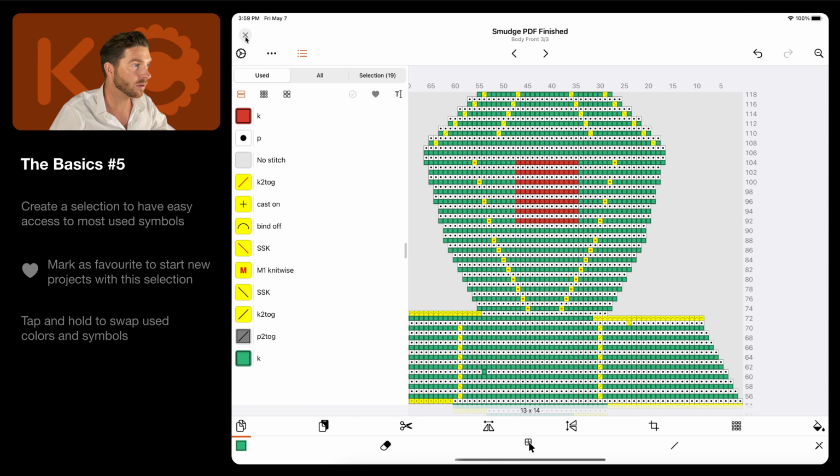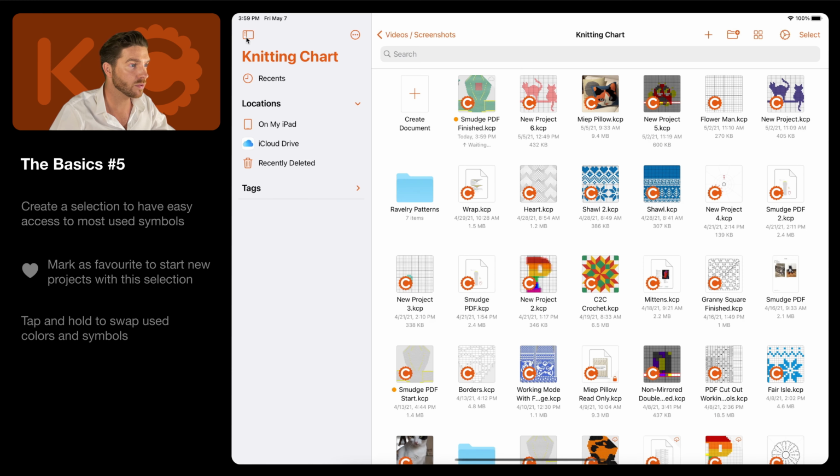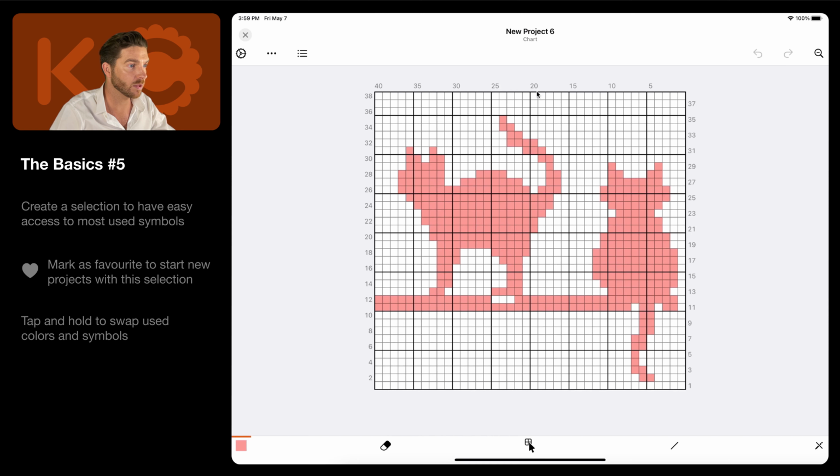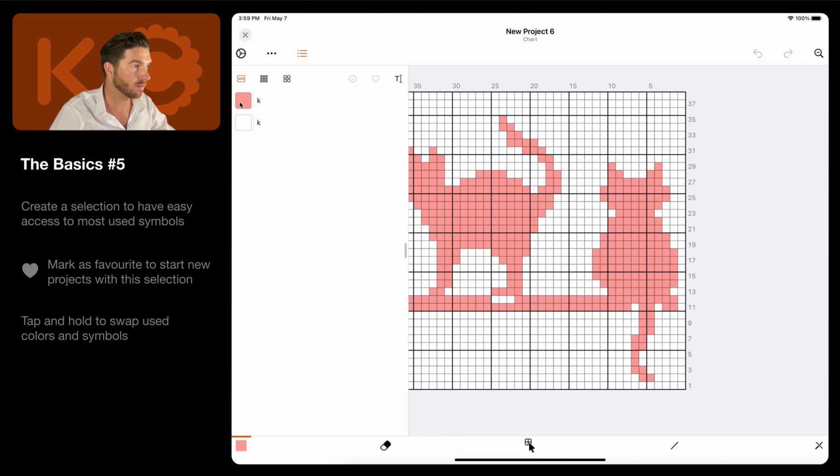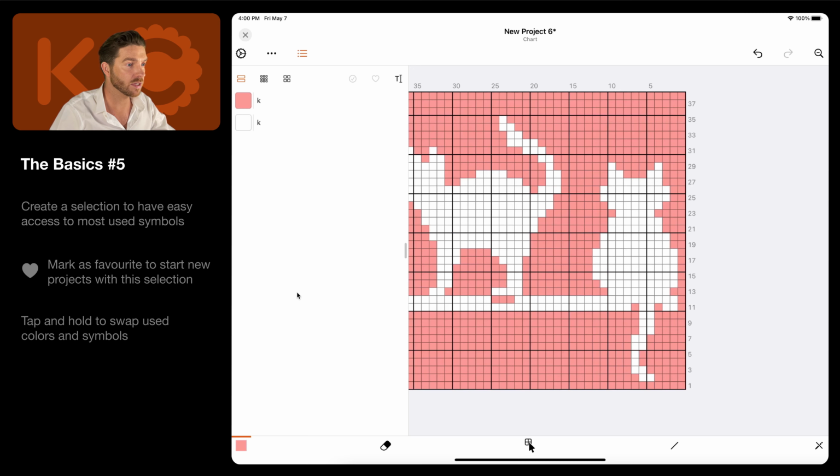When you're working with a color chart, you can also choose to invert the chart. Let me open this one and then open up the Legend here. If I tap and hold on the color, you get an extra option to invert. And this will invert the colors in your chart. So these were the options for the Legend panel.